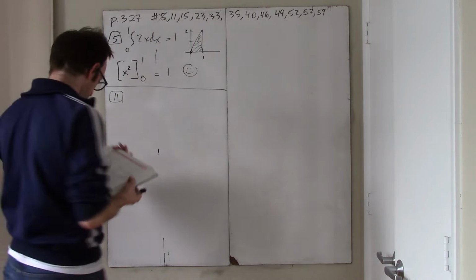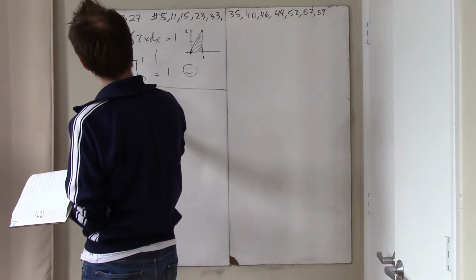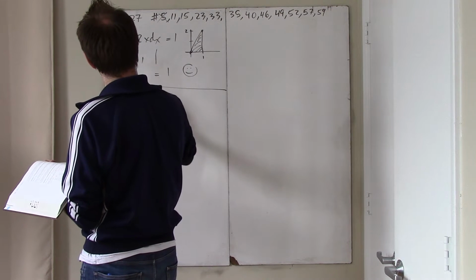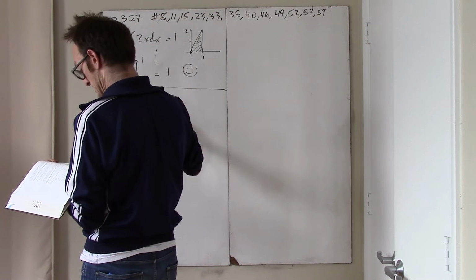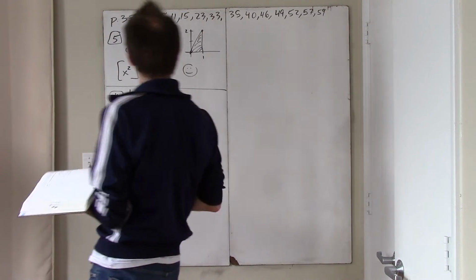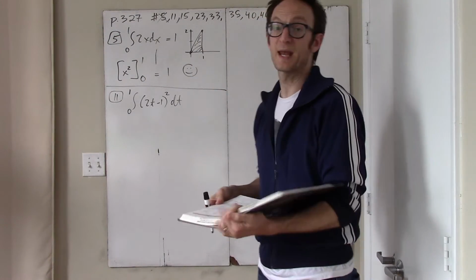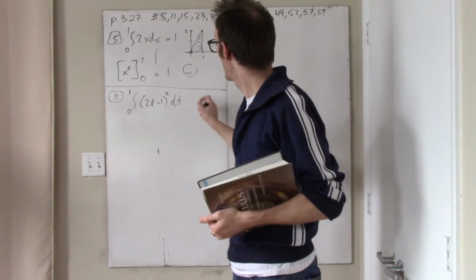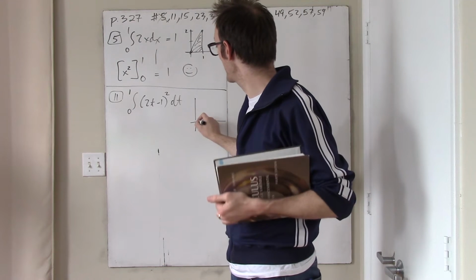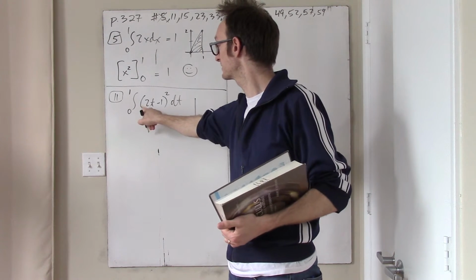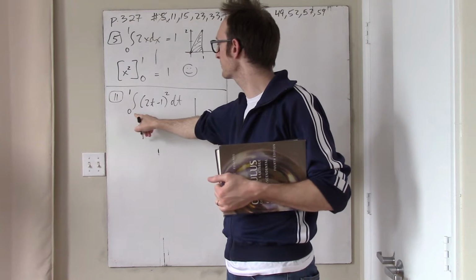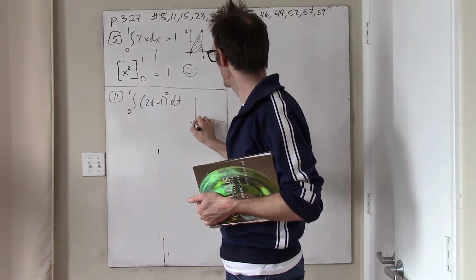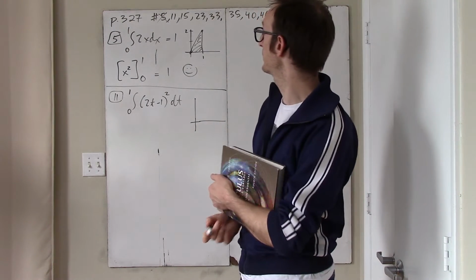Let's go on to the next one, number 11. Integral from 0 to 1 of (2t minus 1) squared dt. Okay, well, this is getting a little bit more exciting. It's a quadratic, so prior to taking this course, you would probably not be able to find the area under this curve, because this is a curve in which, okay, let's see, no, that's not true. What I was doing there, let's see, when I plug in 0, I get 1,